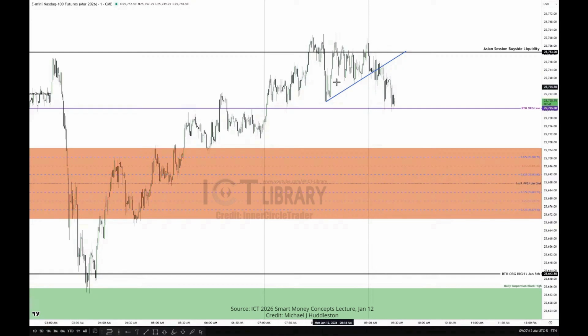So this is all anyone really needs if they're brand new and they're starting. If they just look at the price action just inside that window and look at overnight highs, overnight lows, overnight relative equal highs, overnight relative equal lows. They will be inside of the highest high and lowest low of the session sometimes, just like that Asian session buy side liquidity pool was. It's inside of the entire range that was overnight.